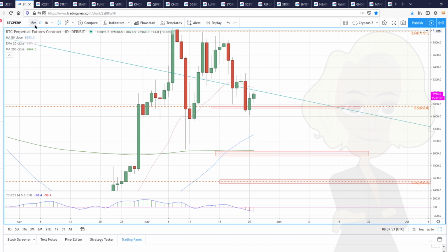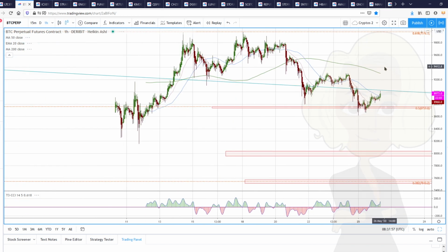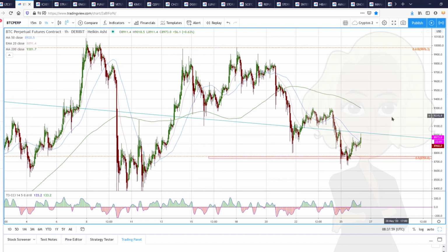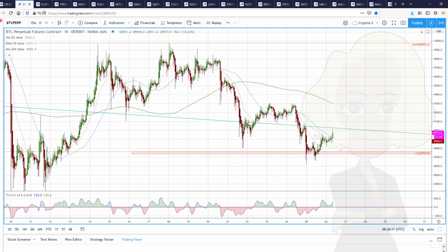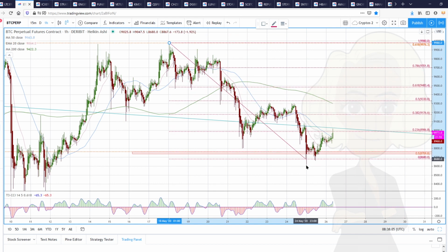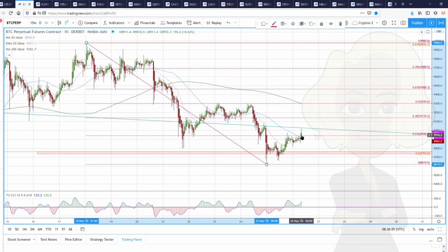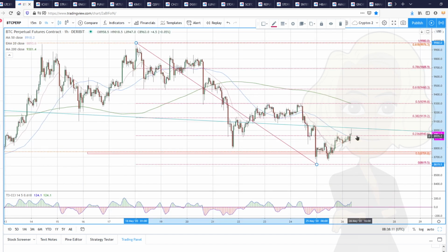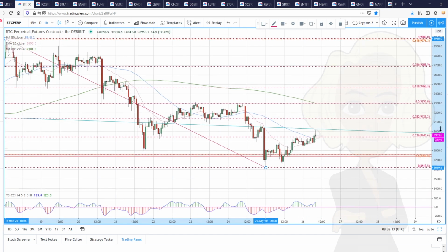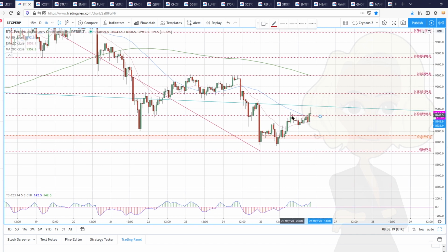Another way, which I like, let's go down to an hourly chart, is if we close above the 236 fib, then we can normally say that a bigger correction or a bigger move is underway. We've just done that here on this hourly chart. You can see we're above this 236 fib. So short term, if we can hold above 89.40 or this hourly 50 moving average, we should continue higher from